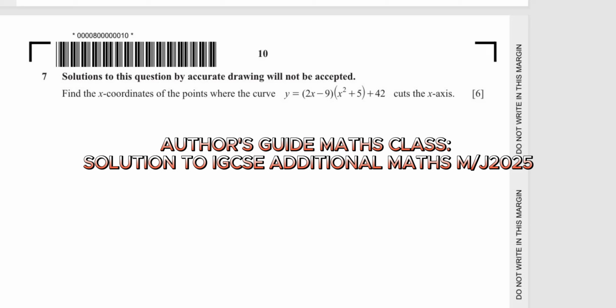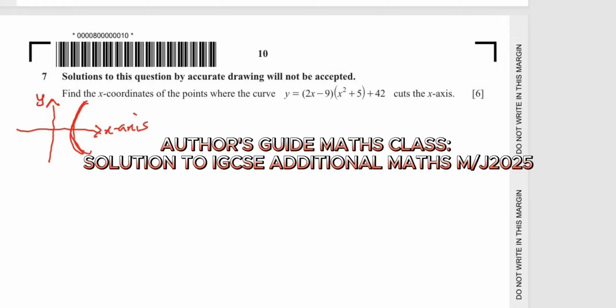Find the point where the curve y equals 2x minus 9 into bracket of x squared plus 5 plus 42 cuts the x-axis. When they say a curve cuts the x-axis, what it means is, for example, we have y and x-axis. When a curve cuts the x-axis, let's say this is a curve, this is the x-axis,